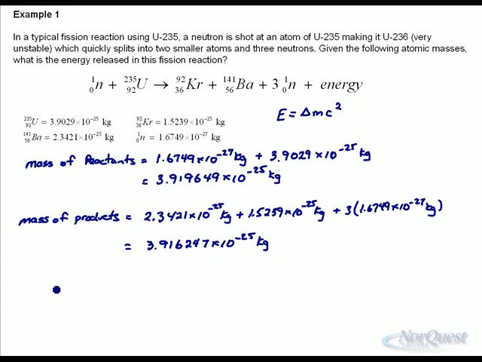So to find the change in mass, take those two numbers and subtract them. 3.919649 times 10 to the negative 25, subtract 3.916247 times 10 to the negative 25, and your change in mass should equal